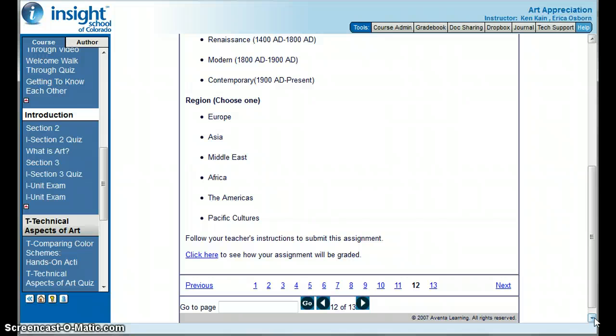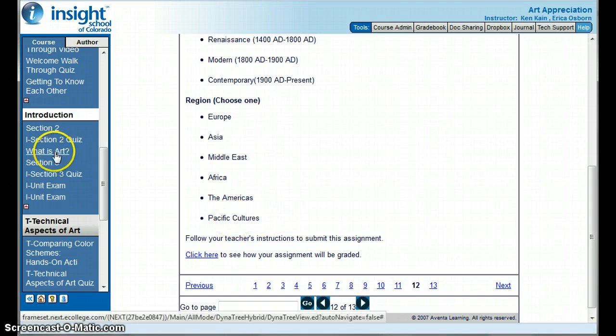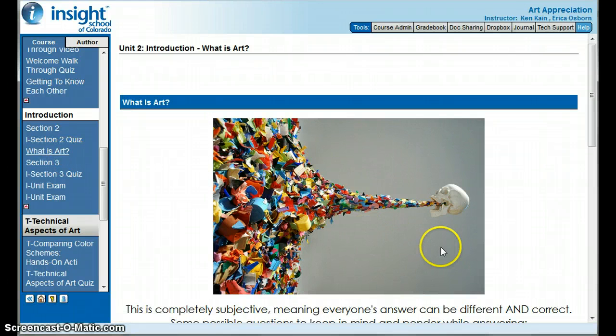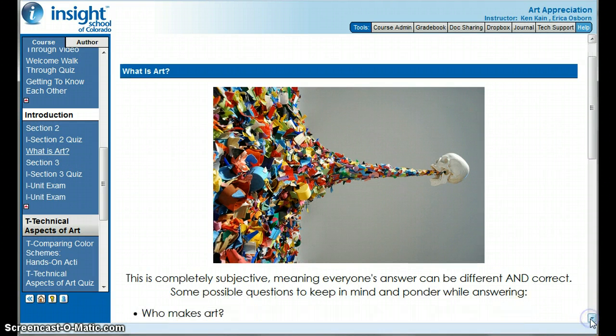So if you have any questions about that, if you get to it and you're not quite sure, check the grade book. Okay, check the Dropbox. If you don't see it there, you don't have to do it. Okay, if you're still confused about it, just let me know. So I saw this in here, I'm just checking just to make sure, are we doing this or not? Okay? Now, everything else, if it's in here and you click on it, yes, you have to do it. Okay? It will be in the grade book.